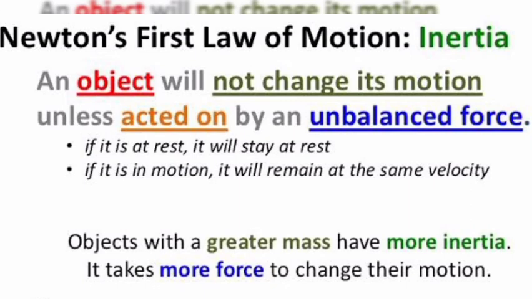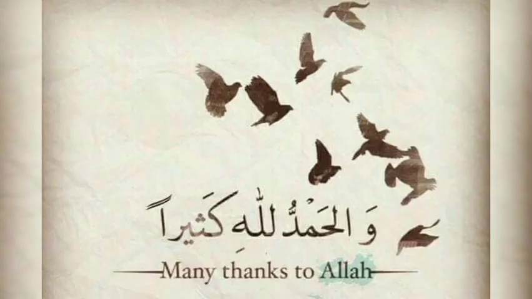All material objects possess the property of opposing any change in their state of rest or of uniform motion. This property of matter, by virtue of which an object resists any change in its state of rest or motion, is called inertia. So, Newton's first law of motion